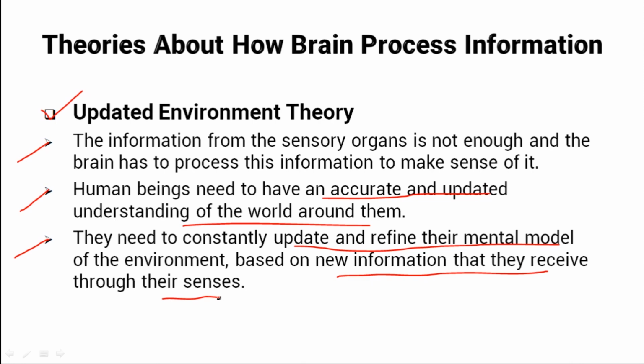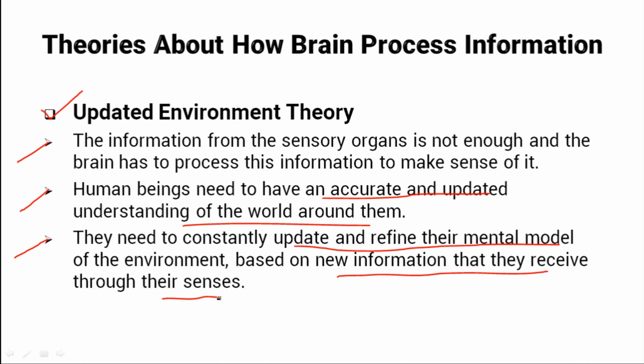For example, if we see a bird flying in the sky, we can predict that it will continue to fly and won't suddenly fall to the ground. This prediction helps us make sense of what we are seeing and experiencing, and it allows us to react in a way that makes sense. Therefore, our assumptions and the information we receive from our senses work together to create our perception, which helps us to make sense of the world around us.